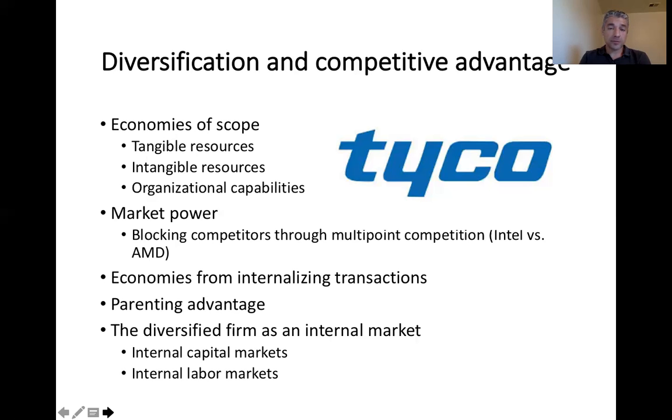And then organizational capabilities. Sometimes you may diversify into rather different kinds of industries and reuse the same capabilities you have built initially over the years, thus strengthening the position of those new businesses and reaping the benefits that come with it. You have probably heard about the company Tyco, which was engaged in quite a powerful corporate scandal some years ago. That company had a very unique corporate level strategy.